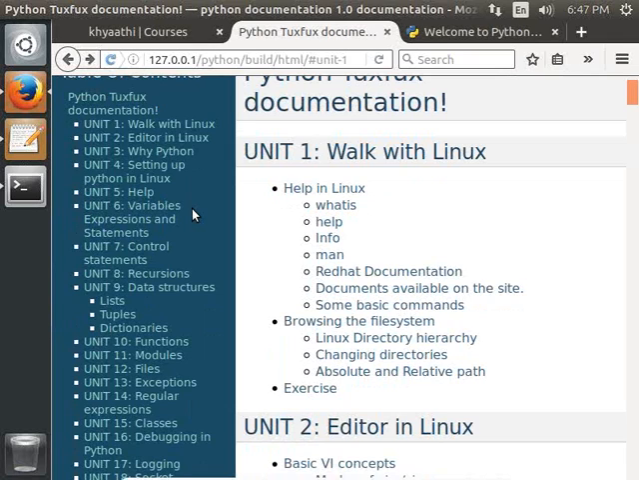Unit 5 is about help. Now you may ask me, why on earth is this fellow teaching us help? The answer is very simple. If you don't understand help, or if you don't know how to take help, it will not be so easy. Like for example,